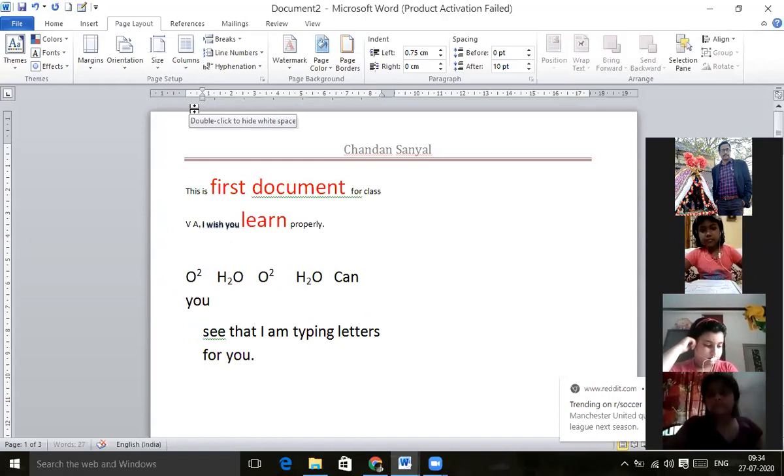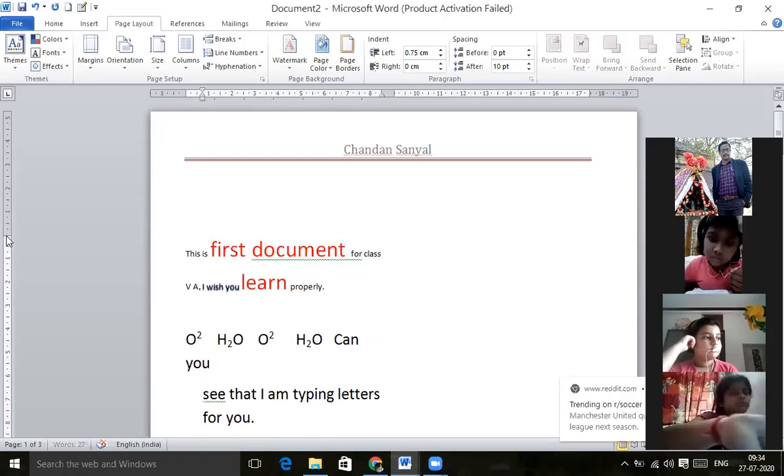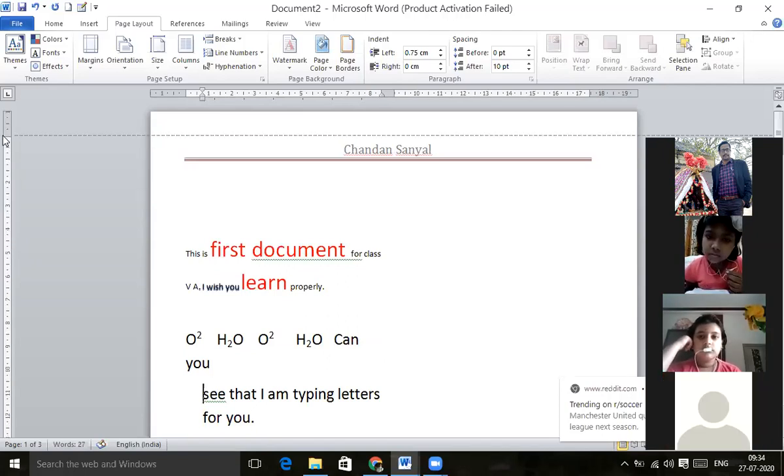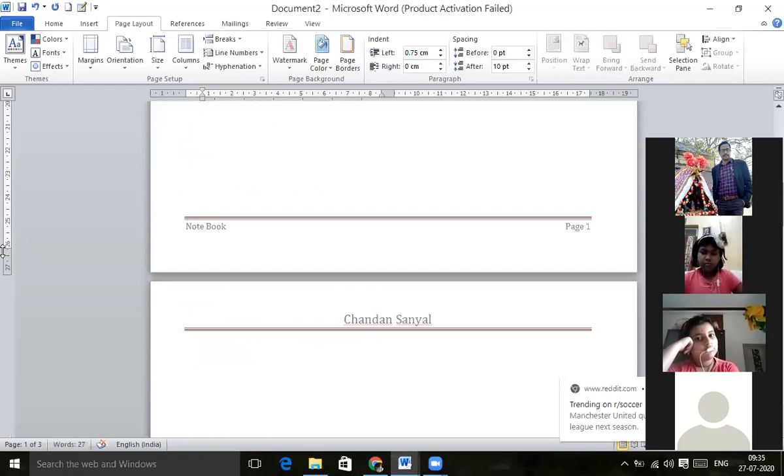You can see these are very simple steps, how to do this and how to do that, and we are working on all of it. So let's move on the same way. If you want to increase or decrease the upper margin, this is how I increase, this is how I decrease the upper and lower margin. The top margin and bottom margin you can do the same way. As you have given the headers, it will not go beyond some extent. That is what it is going to show you. Similarly the bottom margin is also here, and if you want to print, you can increase this size. So with dragging also it is possible.